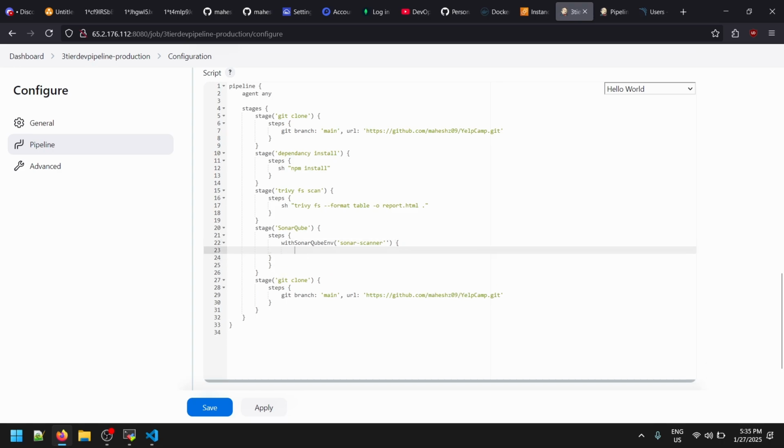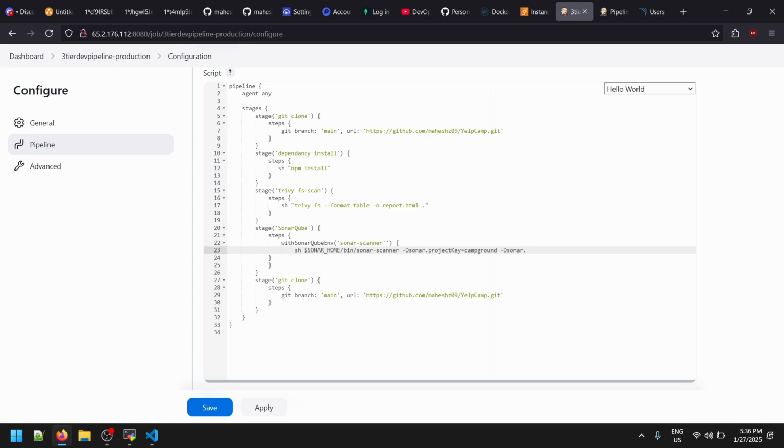And in this bracket only, we can do sh dollar SONAR_HOME slash bin slash sonar-scanner, hyphen D sonar dot projectKey equals campground, and hyphen D sonar